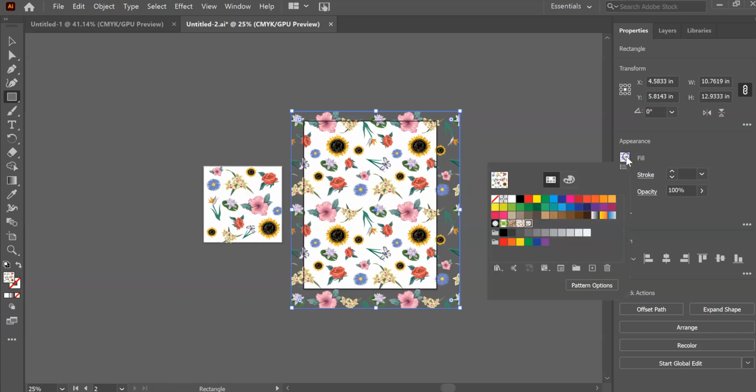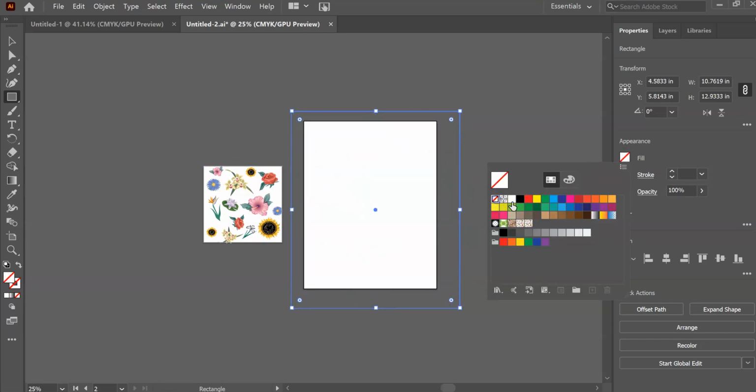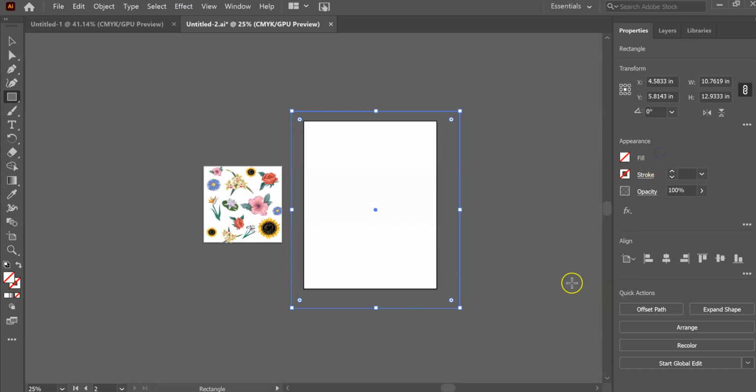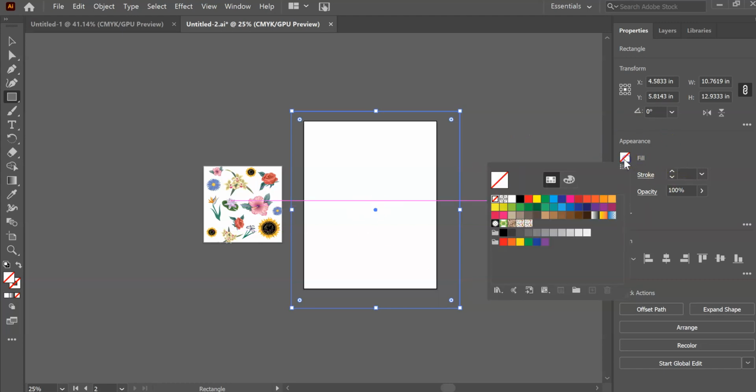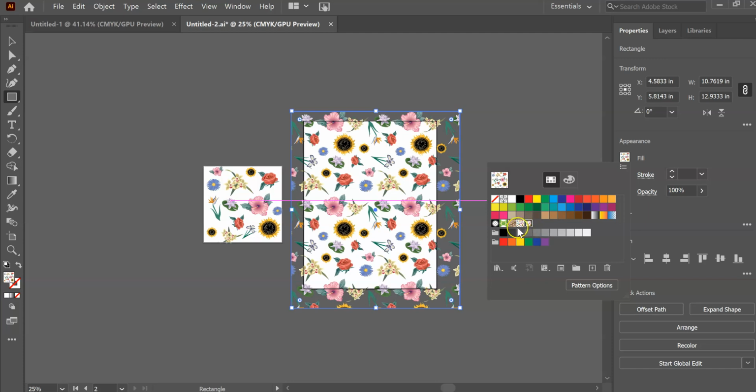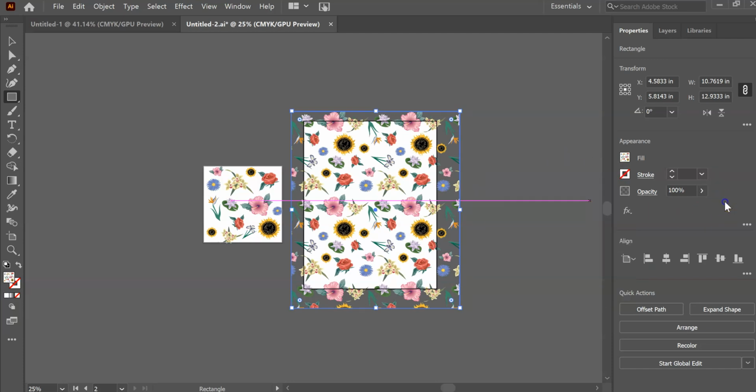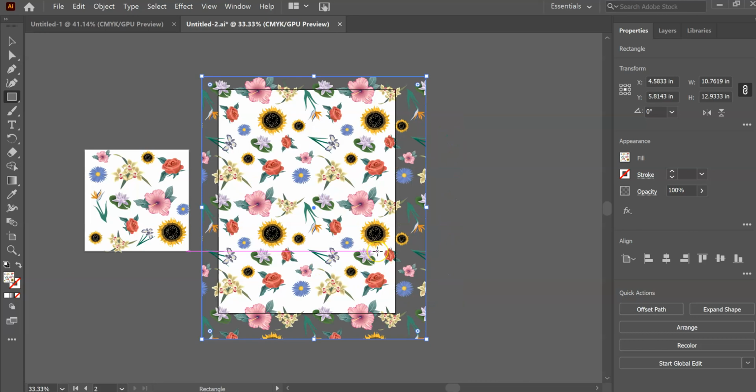Okay, so if you have it like this, all you really have to do is go to fill and your swatch is already there. So remember, they're the same one. Okay, good. And deselect out of that. Make sure this is still selected. You get to do some really neat things with this. So if you want to change the size of your patterns, let's say I want to make it a little bigger or a little smaller,